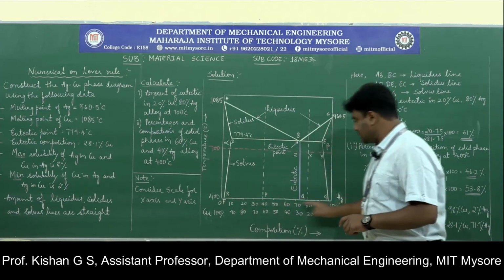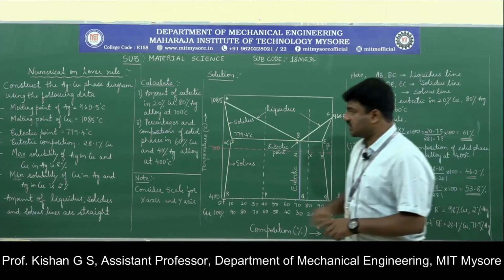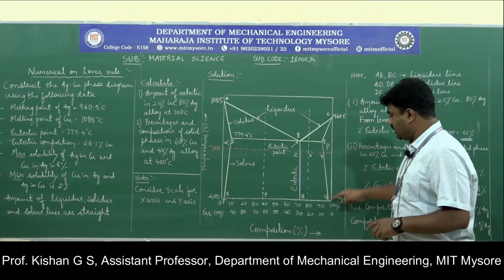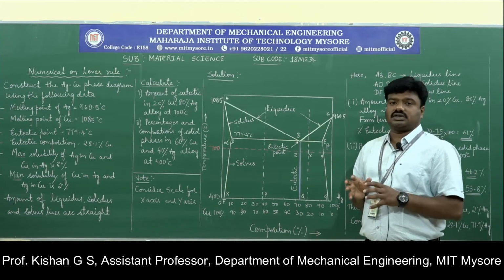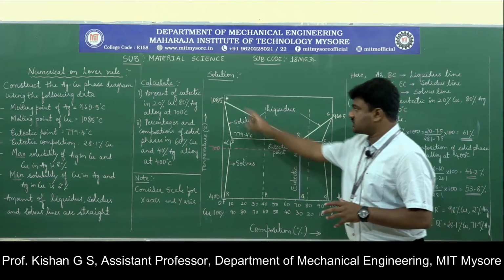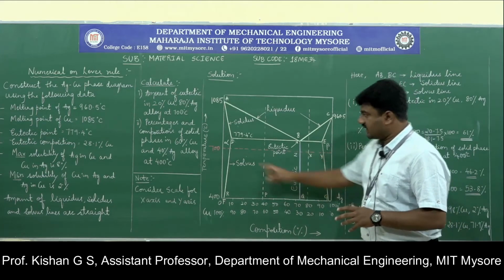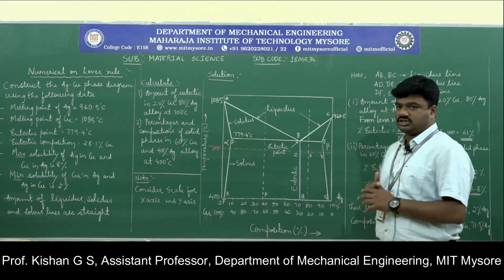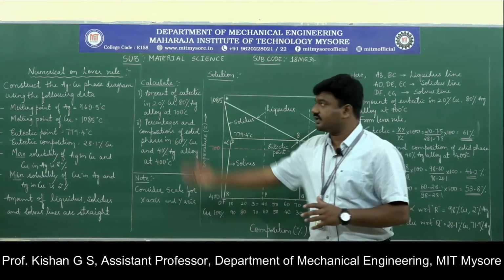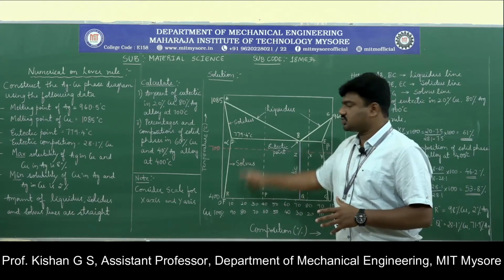Now once F and G are identified, once D and E are identified, then we are supposed to construct the straight line from A to D and D to F. Similarly from C to E and E to G. Now this becomes the complete construction representing the liquidus line, that is AB and BC, the solidus line AD, DE and EC, and the solvus line, that is DF and EG. So this is the complete representation of the binary phase diagram based on the given data. You can observe here, the solidus line, liquidus line and solvus line should be straight lines.